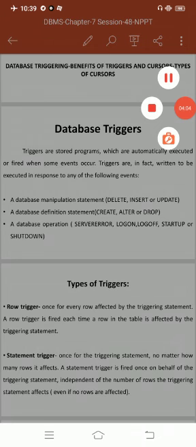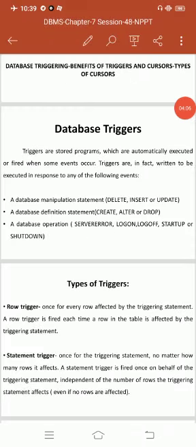A trigger can also be used to keep an audit trail of a table, that is, to store the modified and deleted records of the table along with the operation performed and the time at which the operation was performed.